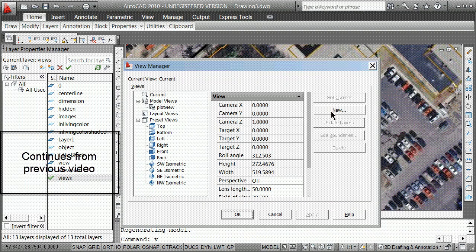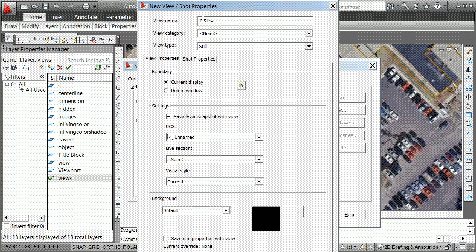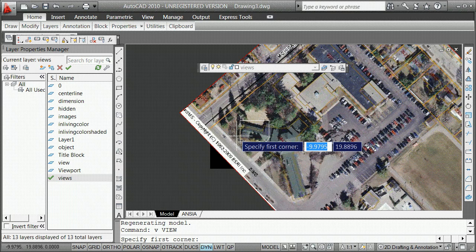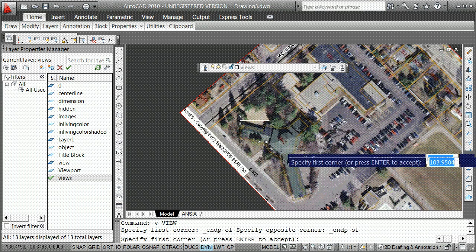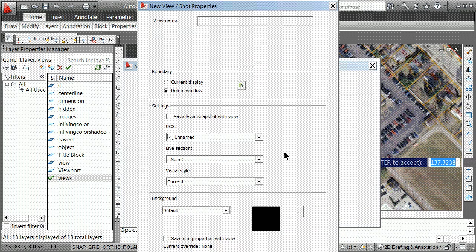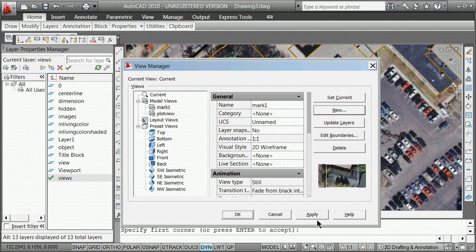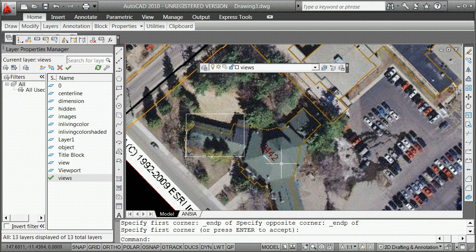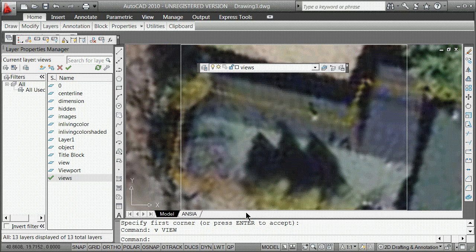V for view, new view, mark 1. Clicky clicks off. Define your window from the endpoint here to the endpoint there. Enter to accept. OK, apply, OK. And now if you say V for view, mark 1, set current, OK, it will jump right